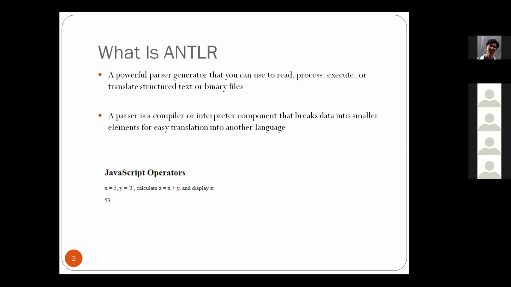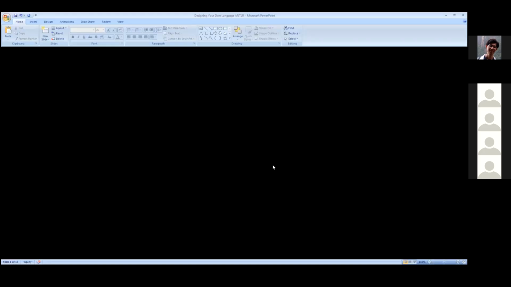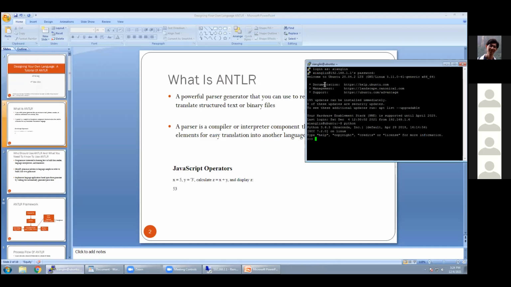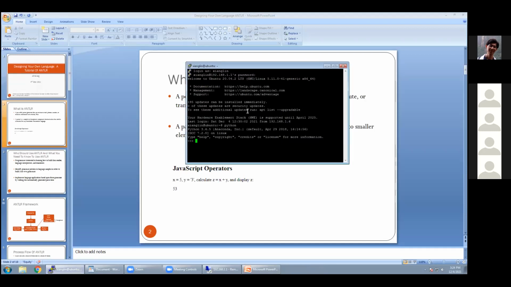Okay, so Prof. Ling already summarized what ANTLR is, but I will just go through. It's a parser generator to read, process, execute, or translate structured text or binary files. Or in other words, a parser is a compiler or interpreter that breaks data into smaller elements for easy translation to another language. But to actually give a feel for what it really is, this is a Python command line